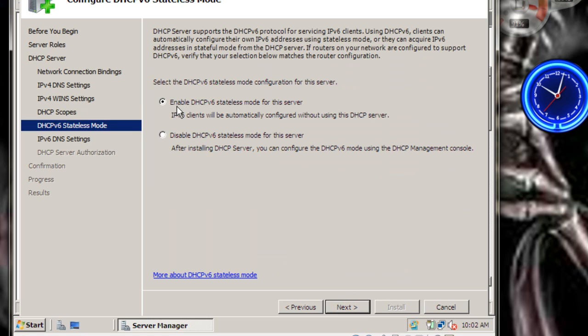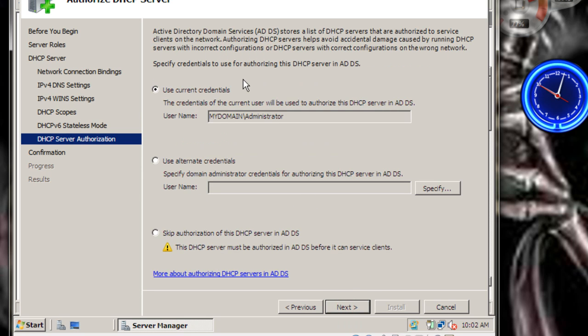We do not have IPv6 enabled on this server, so I'm going to choose the option to disable DHCP version 6 because I don't have IPv6 enabled on this server. I'm going to use my current credentials, which will be username, my domain\administrator. I'm going to hit next,